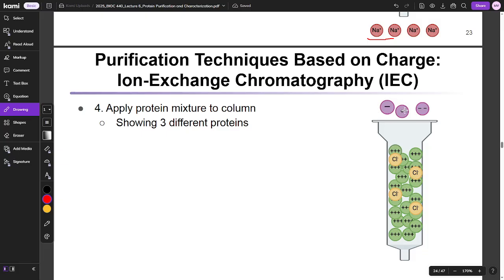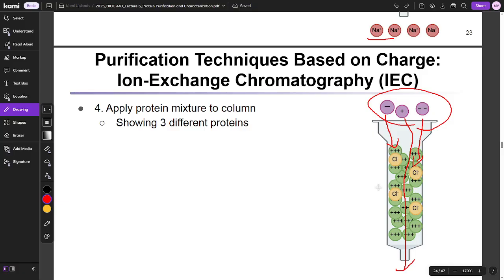Now, if we add a solution of proteins at a certain pH, we would expect the negatively charged proteins to replace the chlorides, and the positive ones will just go straight through again and go to waste. The charge of the protein is determined by the pH you set, based on the pI. Remember, if pH is below pI, you have a positive charge, and if pH is above pI, we have a negative charge. So if I have a protein with a pI of 6 and I was at a pH of 2 for my exchange column, I would probably want